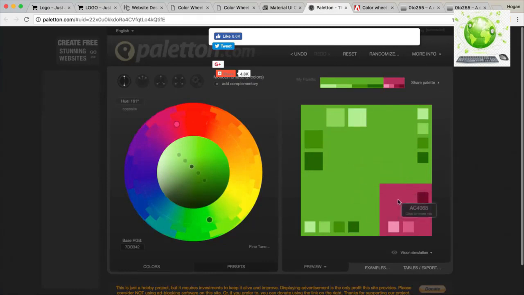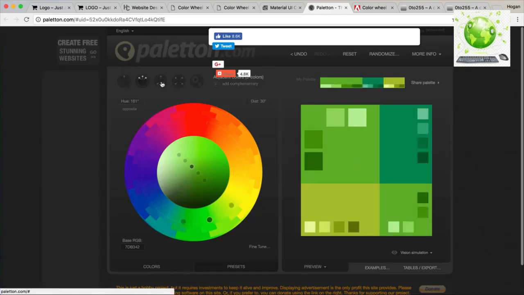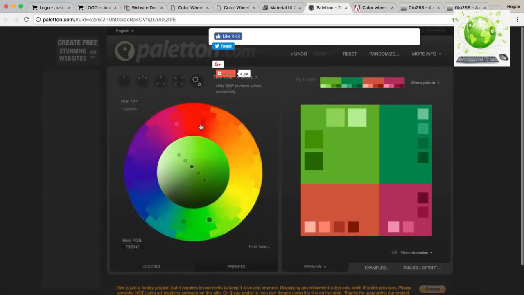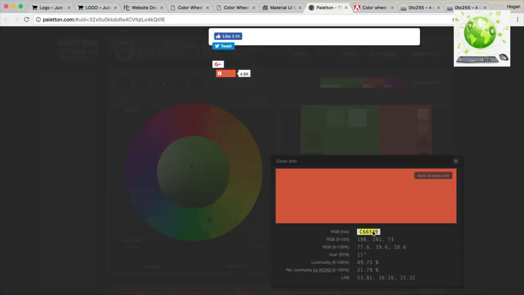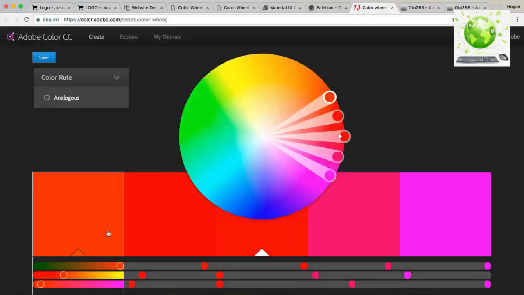So if you don't like the color that they've chosen using color theory, you can also use these different ones here as well. Click on each of these and pick a color, or you can also use the freestyle option here. And if you hold shift, you can actually drag one of the color wheel things and it will select a color for you. It keeps it on this track thing so that it ensures it's the same tone. Alright, so personally I'm going to select this color here, and then I'm going to copy it, and then I'm going to go to